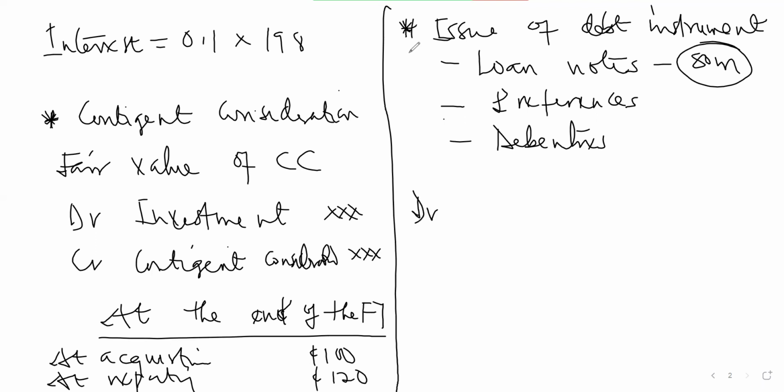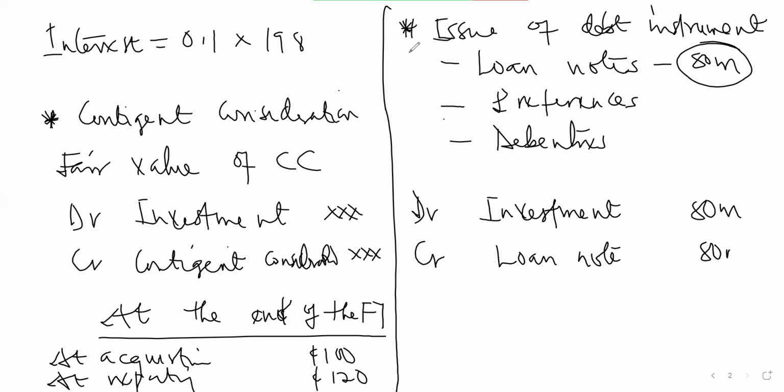So you debit your investment, the investment in the subsidiary, which will be shown in the parent's statement of financial position as assets. Okay. Then what will happen is that you will now have a loan note. Your loan note will now increase because you are issuing additional loan note to settle this. Okay. At the end of the year, the loan note is going to attract interest. Then you have to calculate the interest and send it to your profit or loss for the parents.